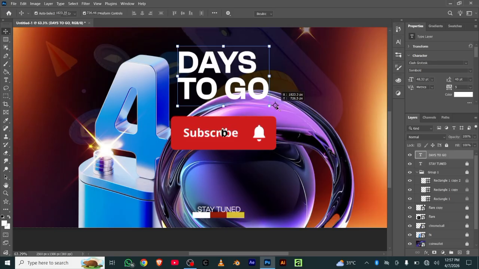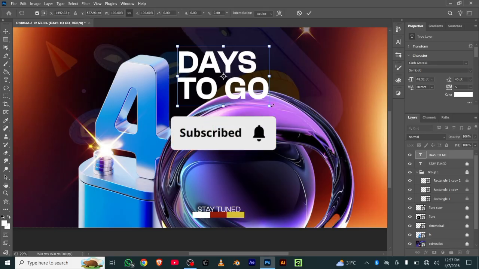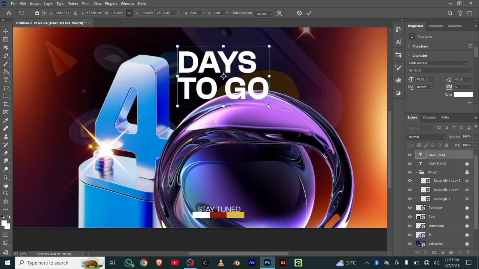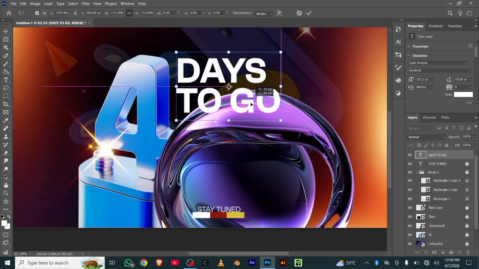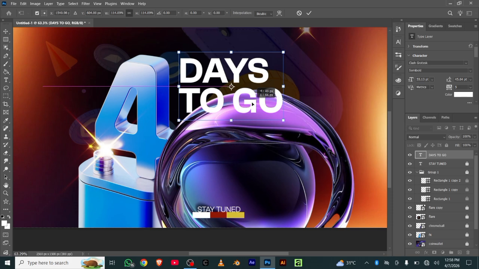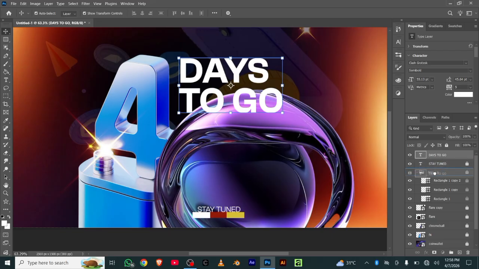Alt and then drag it to make it bigger. Sorry. Hold down Alt and then drag to make bigger. So this is what I want right here, and I'm going to keep it like this and hit OK. Then I'll come over here and drag down this text below,